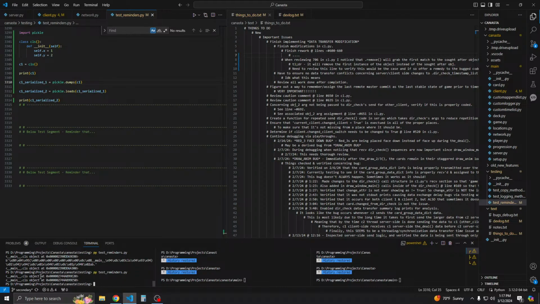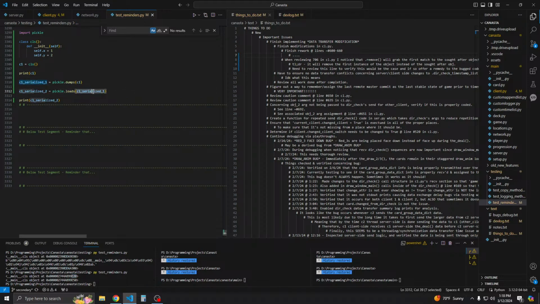And as you can see, the C1 prior to being pickled is referenced as E20, but then after we,